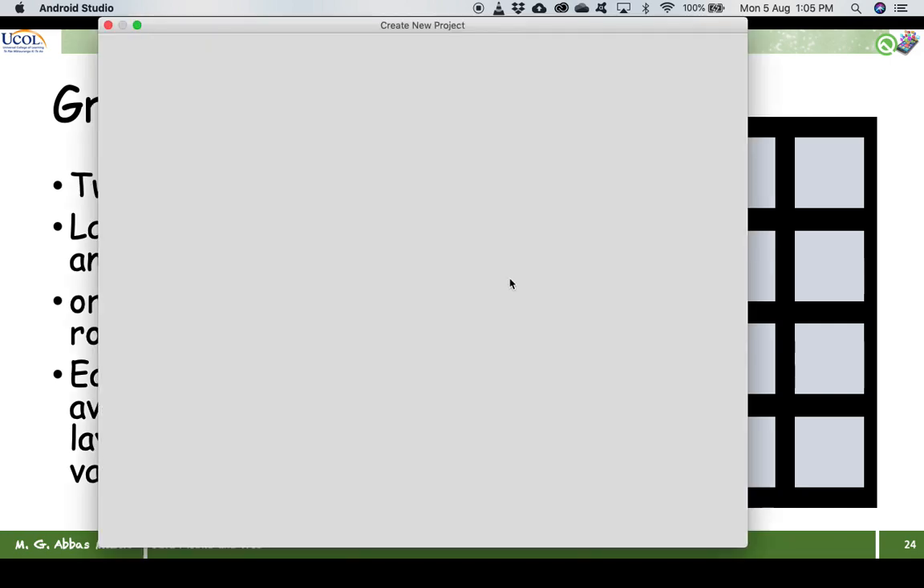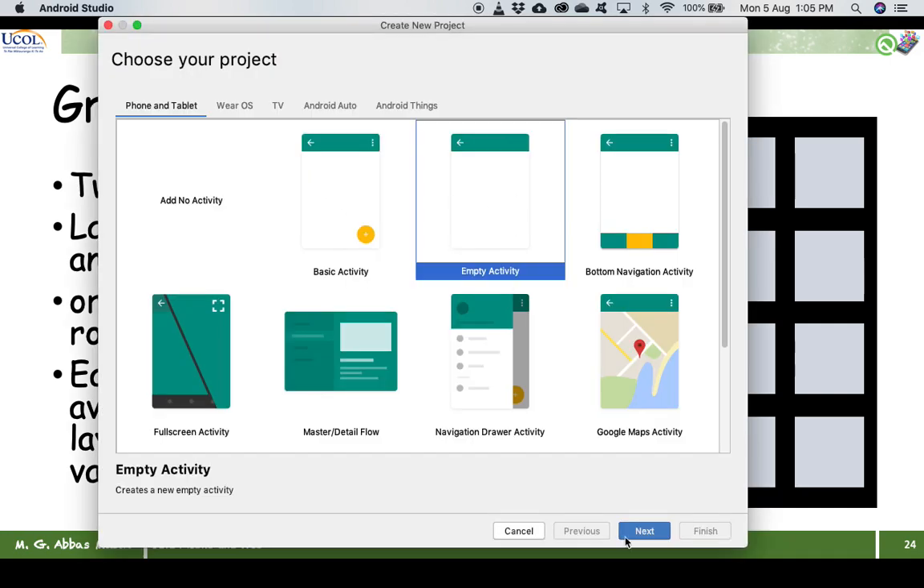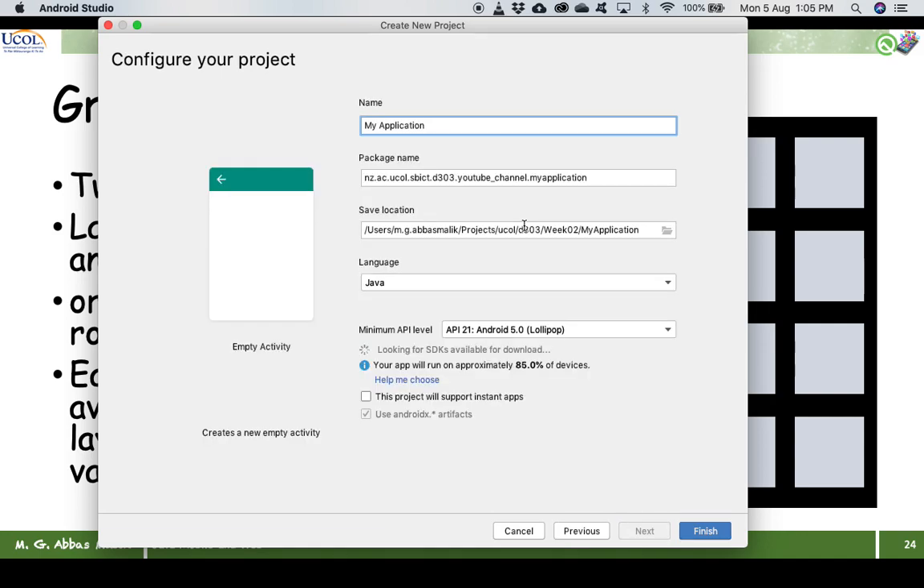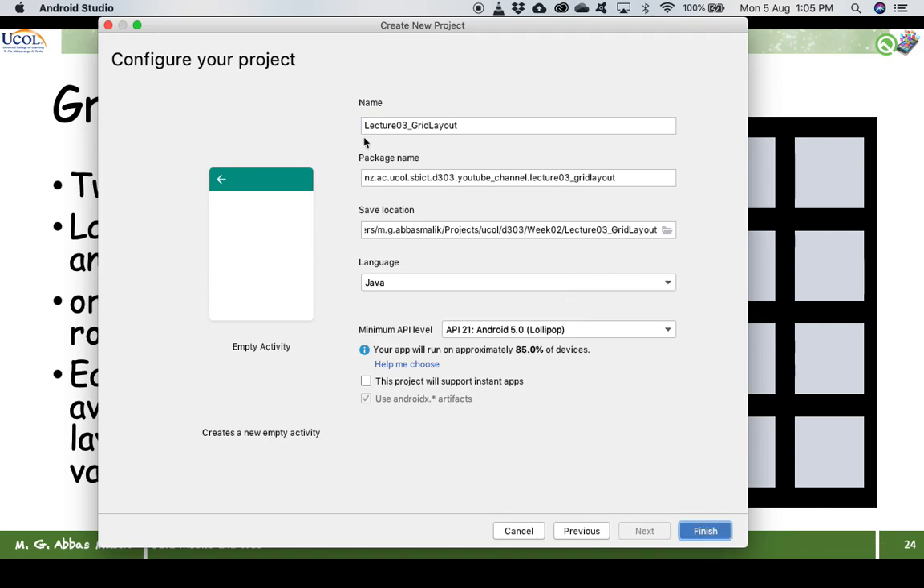So let me start a new Android Studio project, empty activity, and give the project name. This is our lecture 03, and we are talking about the grid layout. Yes, that's okay. We are working with Java only, and then we click on finish. It will create our project for us,